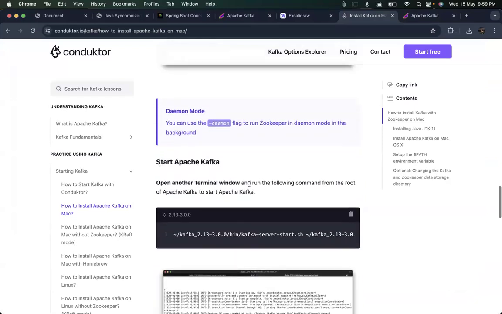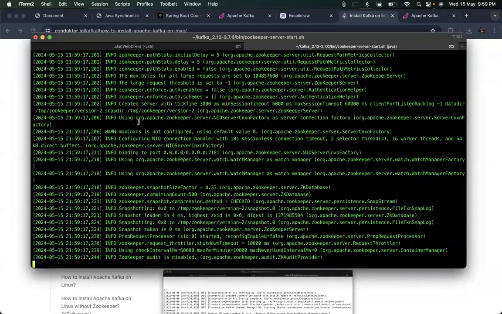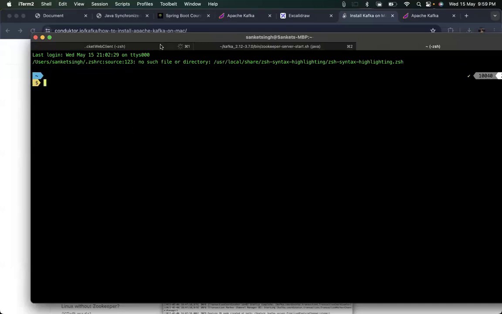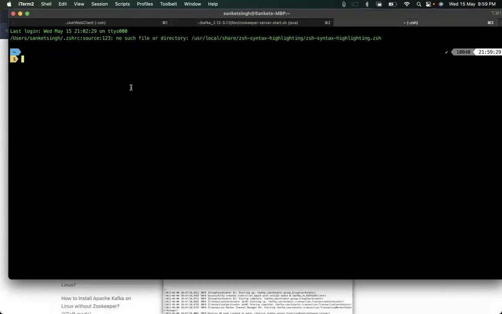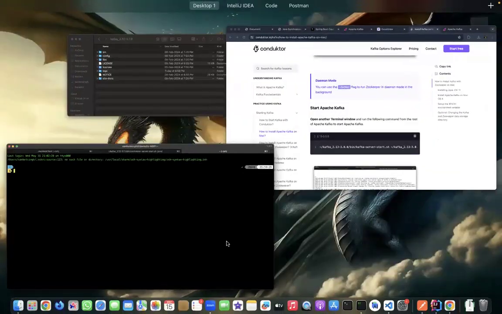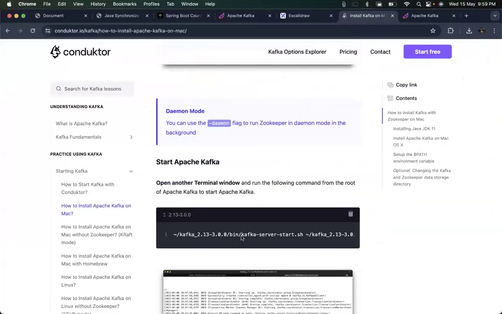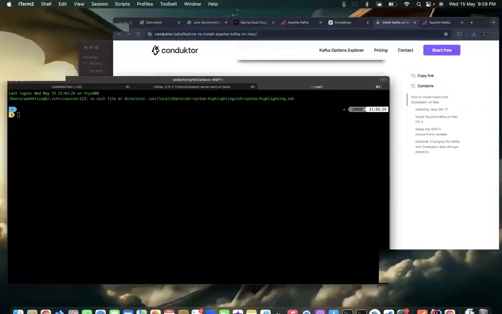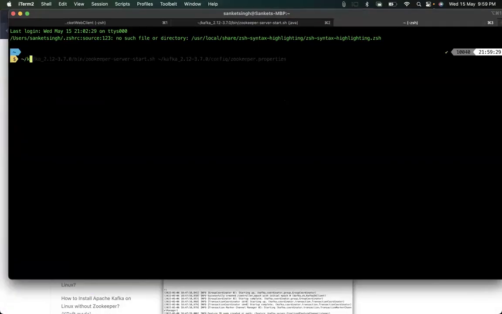Then I have to open another terminal. Let's open another window. You can see again, you don't even have to remember it. I'm also checking it from the documentation. You also have to check it from the documentation. So now we have to start. Now Zookeeper is up. I have to start Kafka,